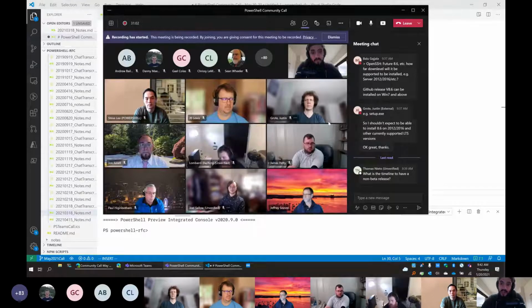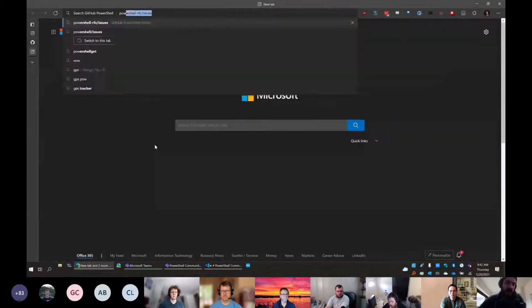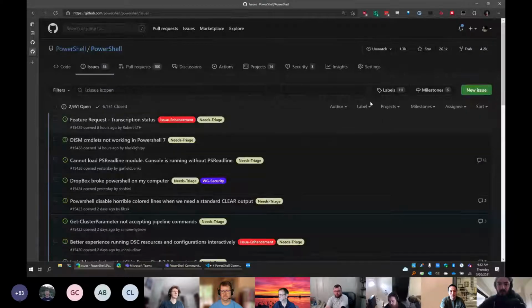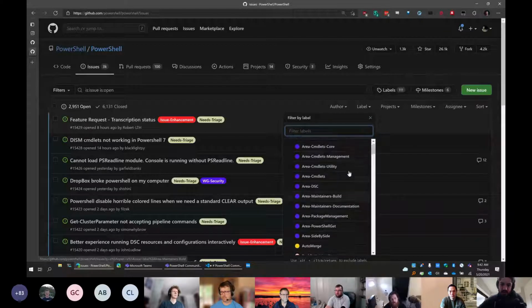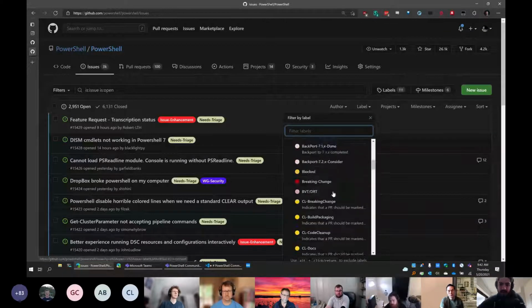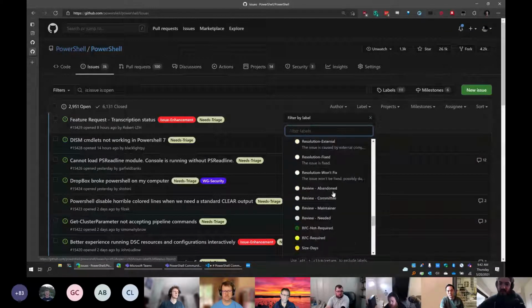So I skipped over this a little bit. A working group is essentially a subcommittee with regards to the overall PowerShell repo. So if you see here in the PowerShell repo and we hop over to the issues, you can see that we have a number of labels that were formerly area labels. Some of these are still vestiges, legacy labels for things that haven't mapped over to the working group